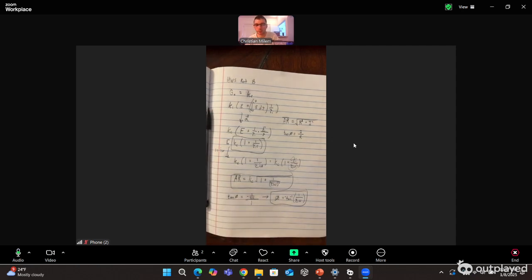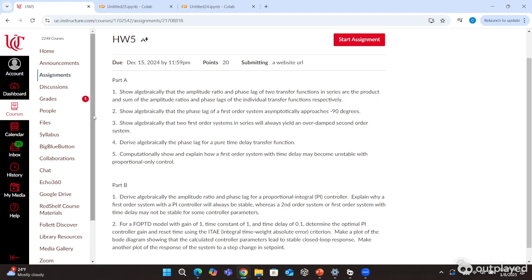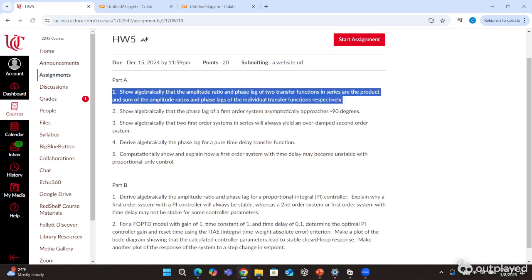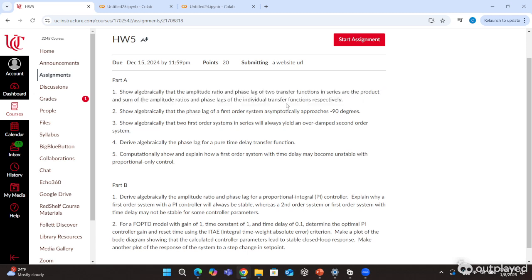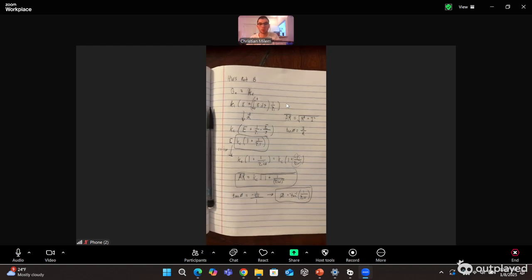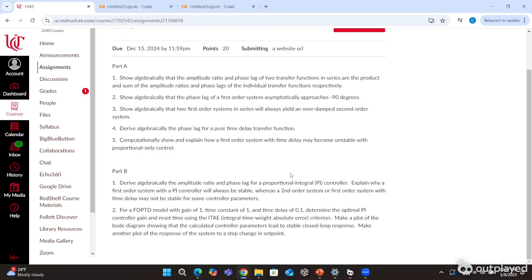It gets as close to it as possible, and same deal with the first order system. So let's say both of them are as close as possible to 90 as we can possibly get. As we showed in part 1, we would add those two phase lags together and we would get as close to -180 as we could possibly get. Anything past -180, that's where we would reach instability. So since we're not actually getting to 180, we don't have to worry about the system becoming unstable. However,